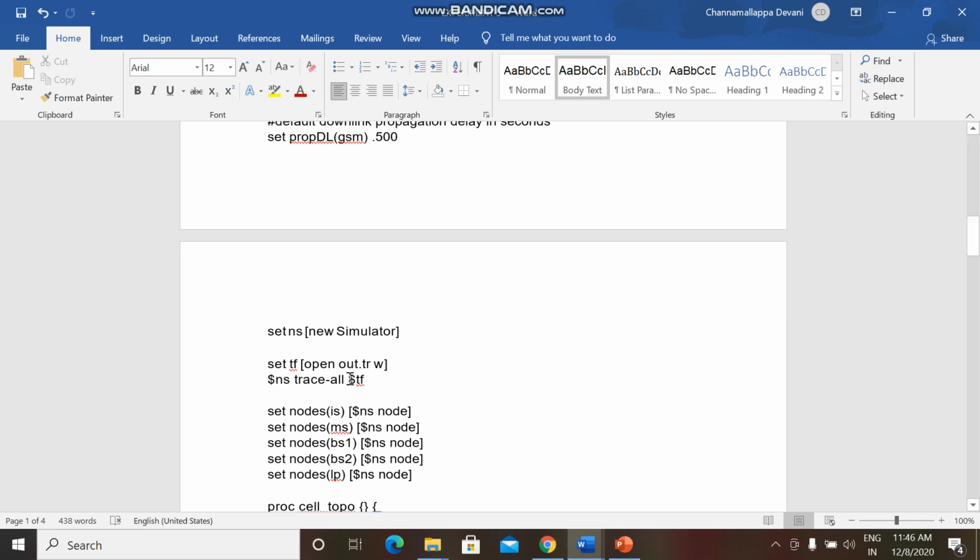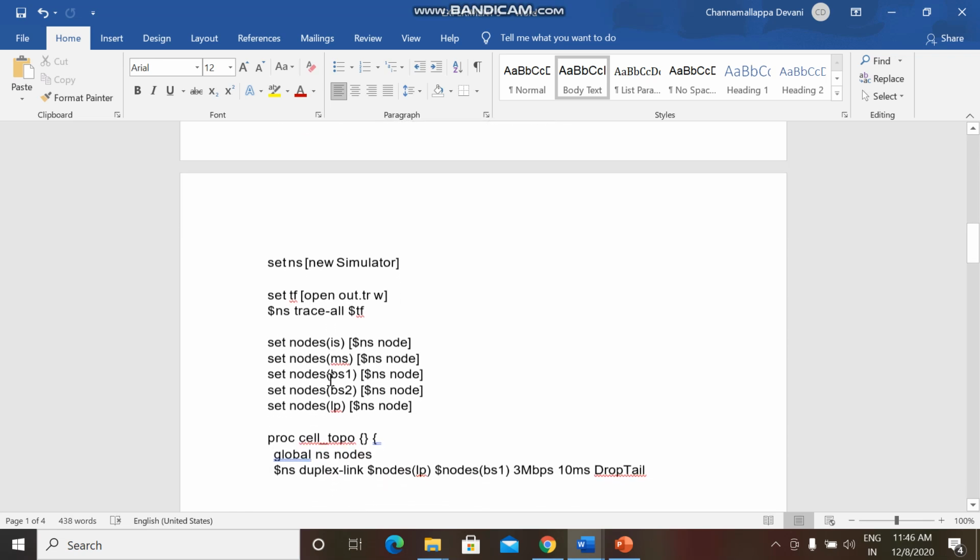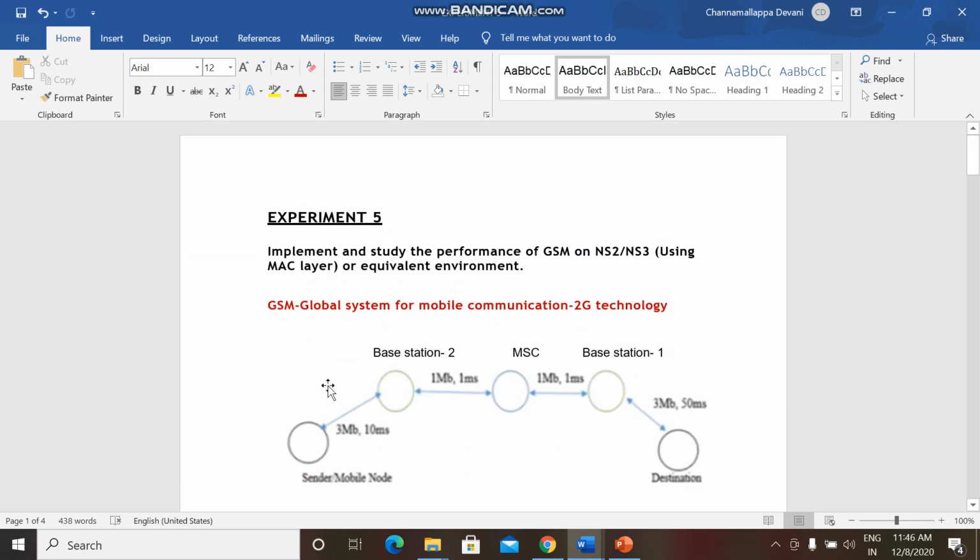So we only have a trace file, we do not have a NAM file. Next, what is the topology? How many nodes do we have? We have 5 nodes. That is source node, destination node, base station 1, base station 2 and the mobile switching